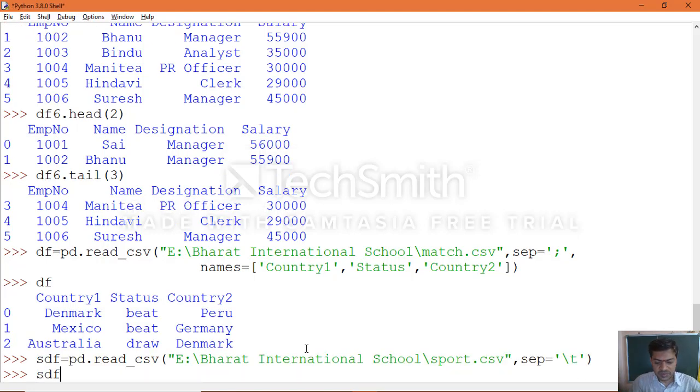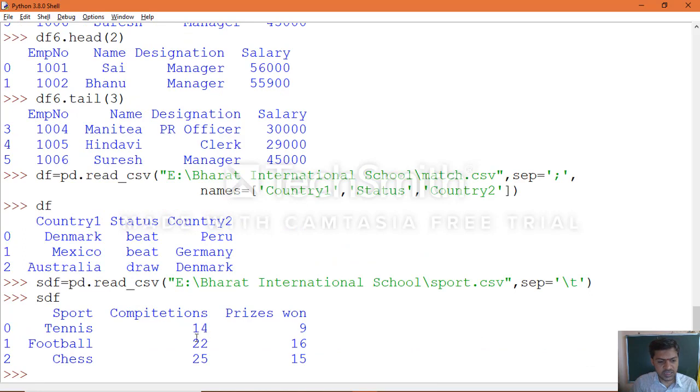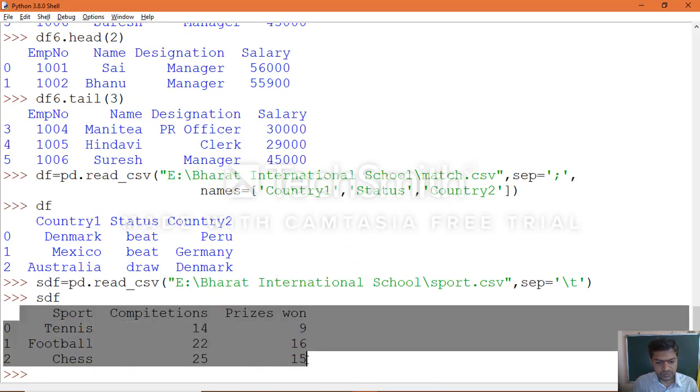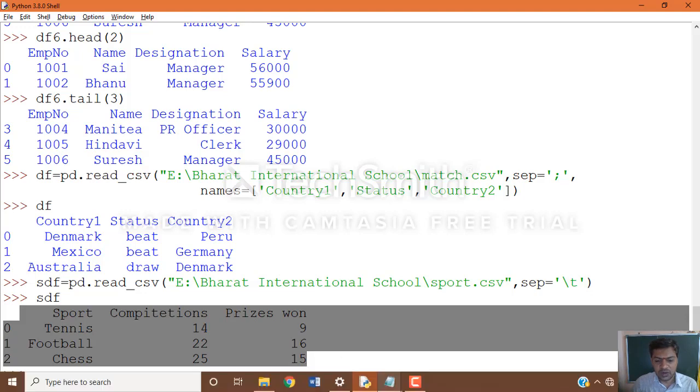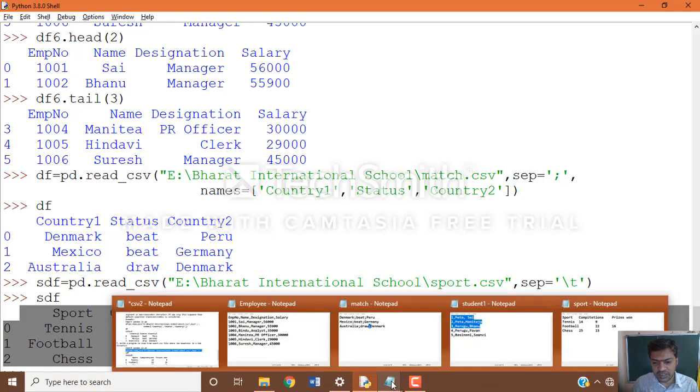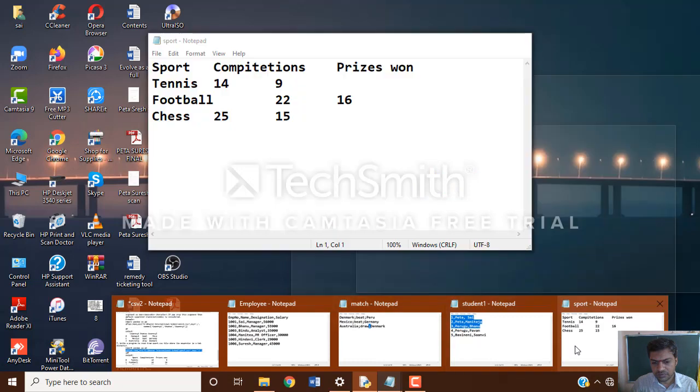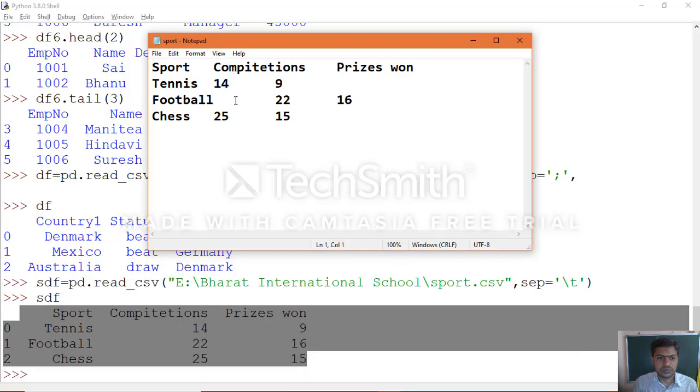Execute, print the object. You can see clearly the data which it contains. Okay, same way you can make changes in your CSV file.